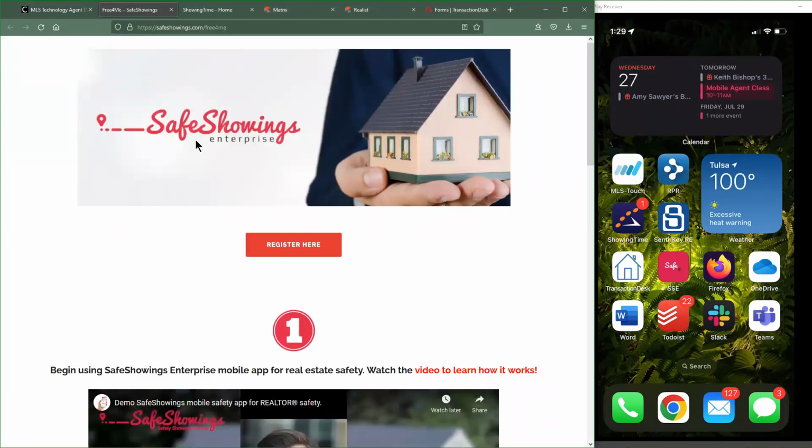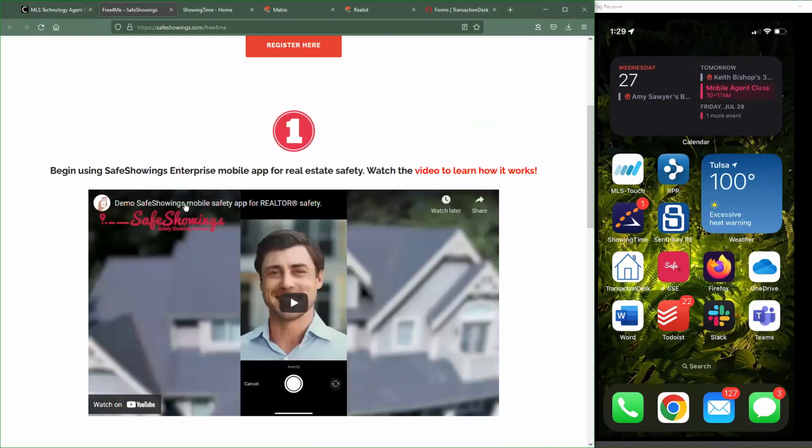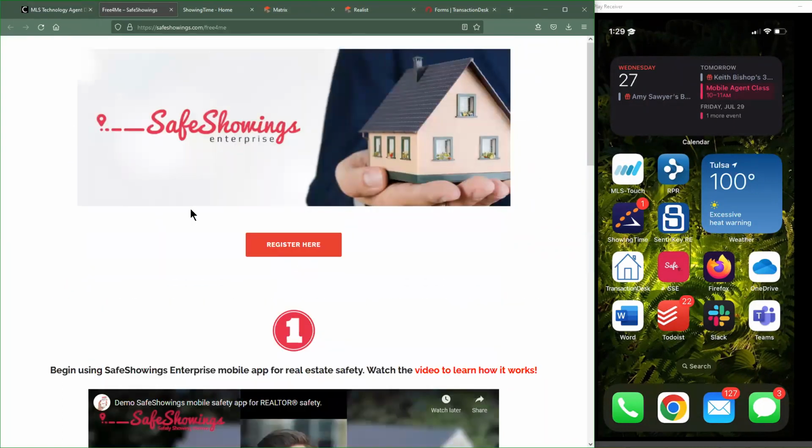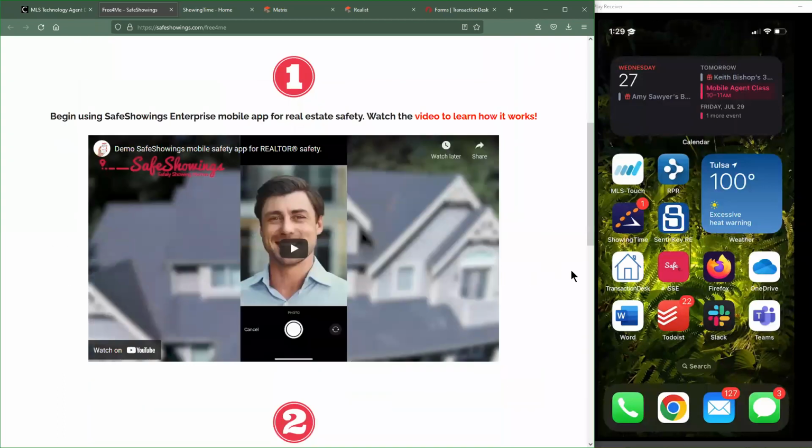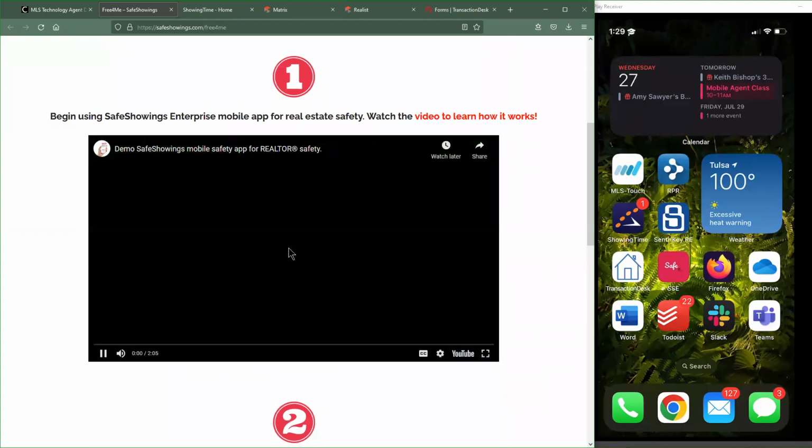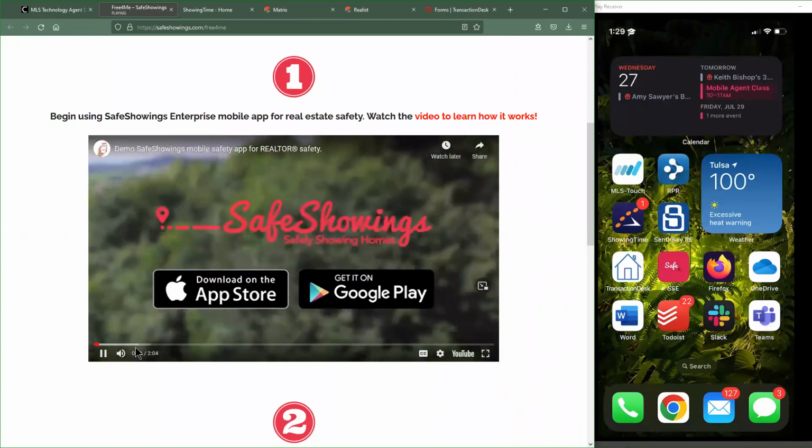When you guys get into the Safe Showings registration page, it's literally just going to ask for a couple basic pieces of information, and then it's going to let you rip. You just download the app, it sends you an email that you download the app with, and then you're done. You just sign in, and now you'll have access. Now, it is a very basic app, so I'm going to actually do this little